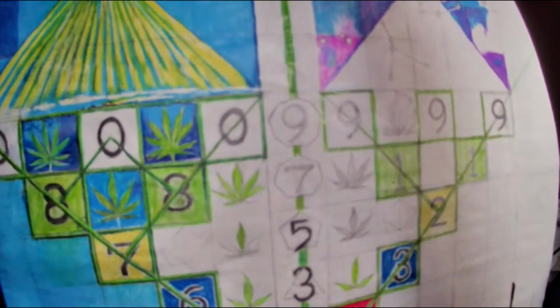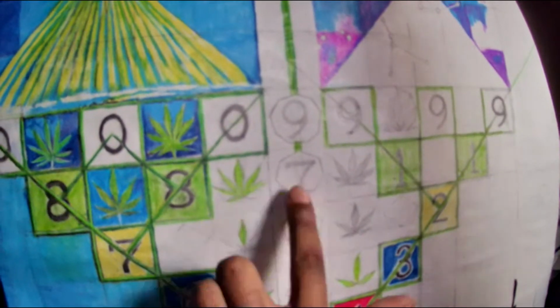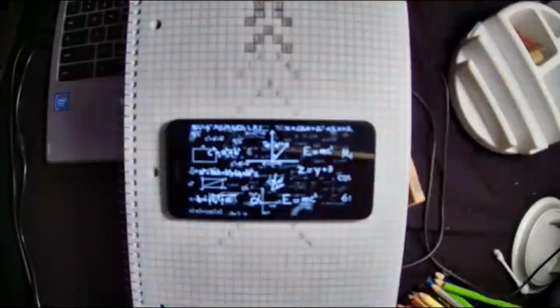I know you probably haven't paid attention, but you do have 1, 3, 5, 7, and 9 going up the middle. So that's what this guy is talking about with the odd number rule. As he proceeds, marijuana grows and continues and has 1, 3, 5, 7, and 9 within the middle of it.